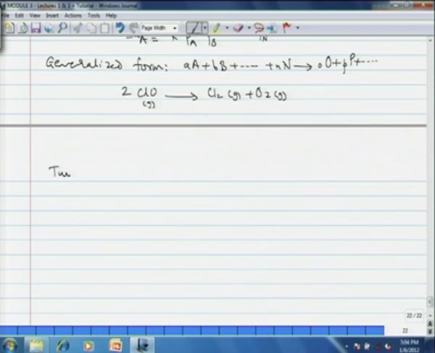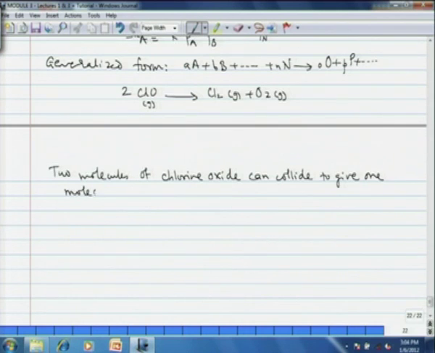Two molecules of chlorine oxide can collide to give one molecule each of chlorine and oxygen. Okay. And in this case, the rate with respect to ClO, minus r_ClO, could be k C_ClO squared,